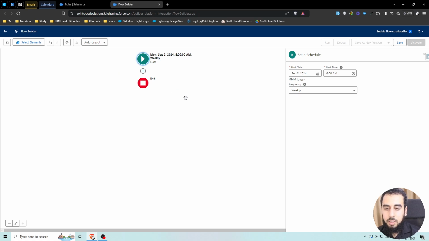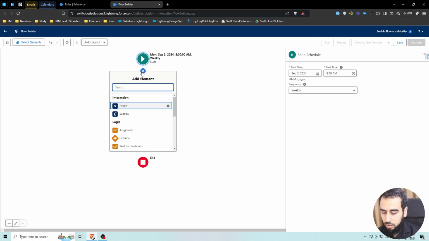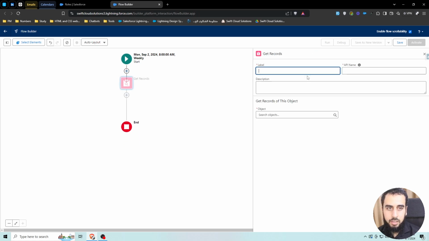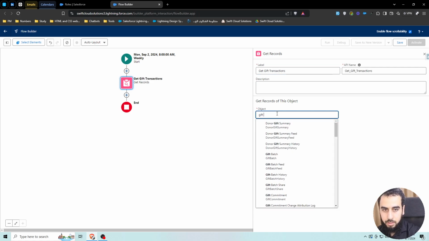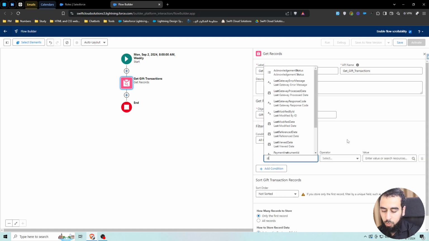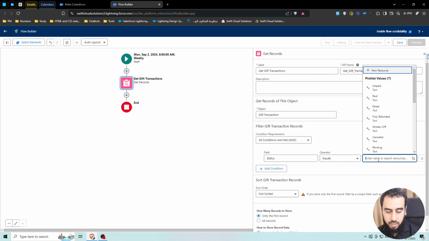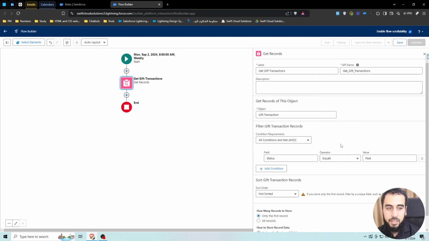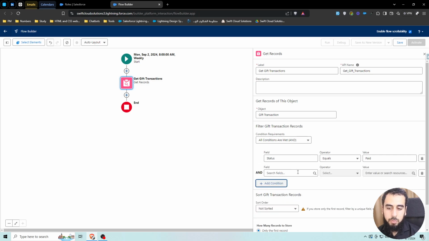We need all the gifts that happened in the last week. So first, I'm going to use a get element to get gift transactions, and that's gift transaction. We need to grab all the gift transactions that are paid and that happened in the last week. So in the last week there is a range. So the